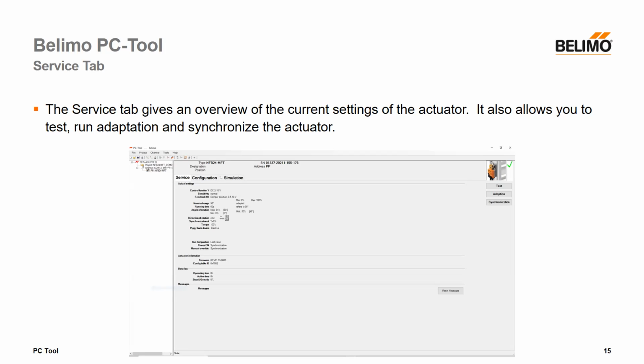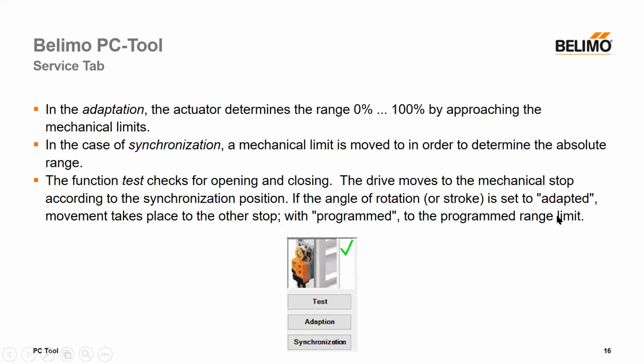The service tab allows you to do a few things. You can test the actuator, you can adapt the actuator, and you can also synchronize the actuator. So you see over here on the right, we have test, adaptation, and sync. The top button, test, just simply runs a functional test to make sure that the actuator is opening and closing, it's going to the proper mechanical stop, whether the mechanical stop is at 90 degrees or 95 degrees,